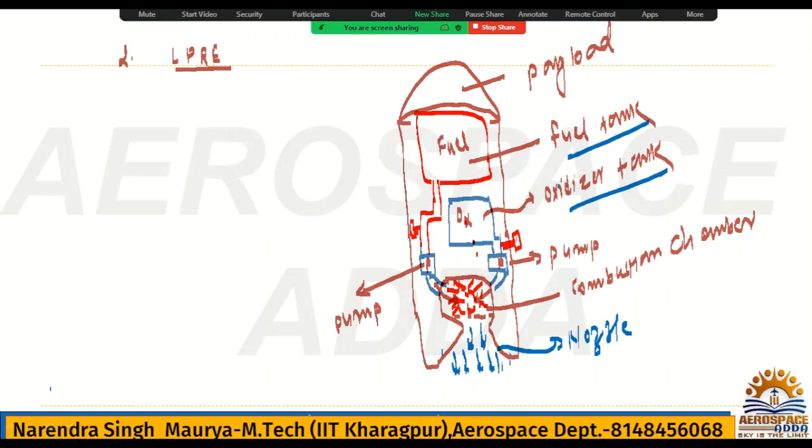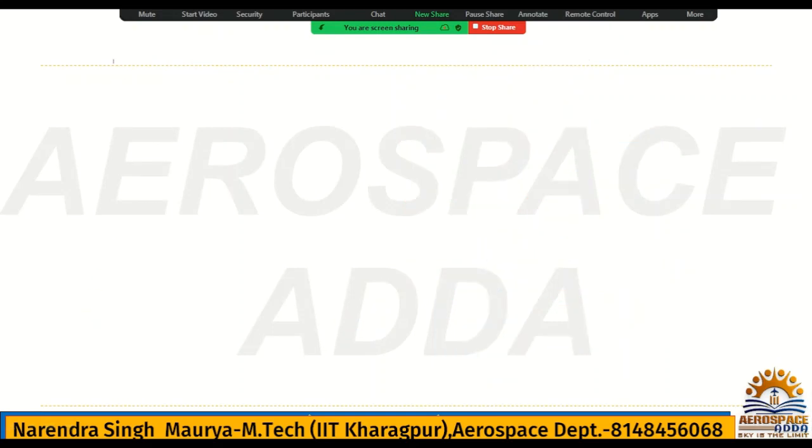Now we'll go for the hybrid propellant rocket engine. That diagram I will show you, so you can easily understand. Third is nothing but hybrid, HPRE, hybrid propellant rocket engine. Okay,